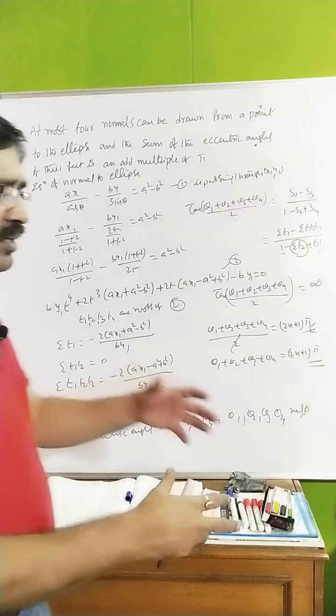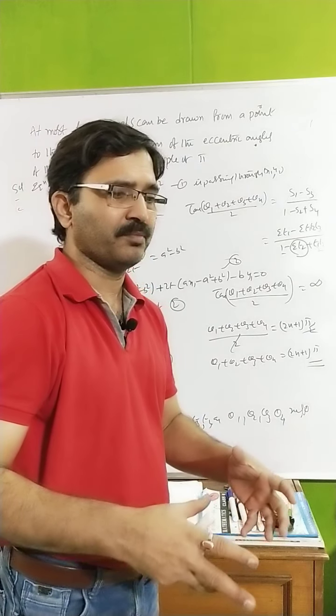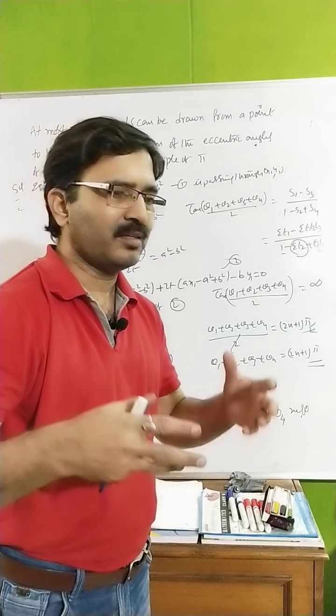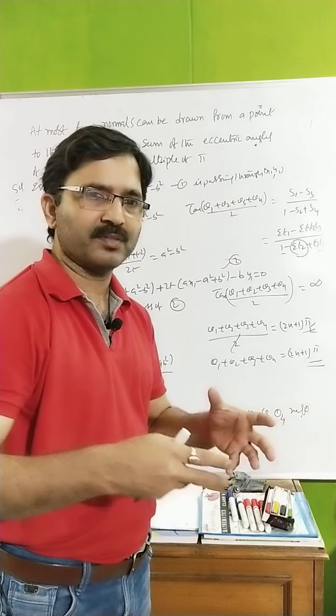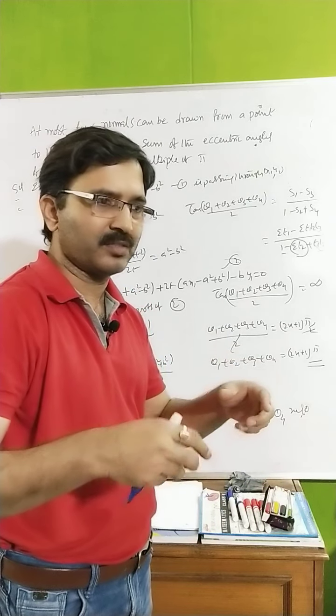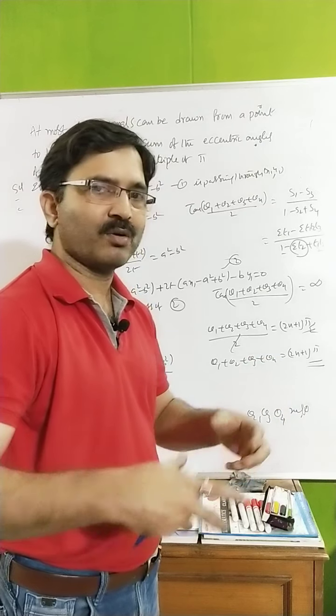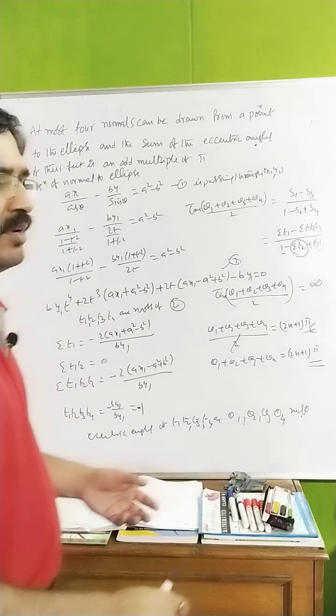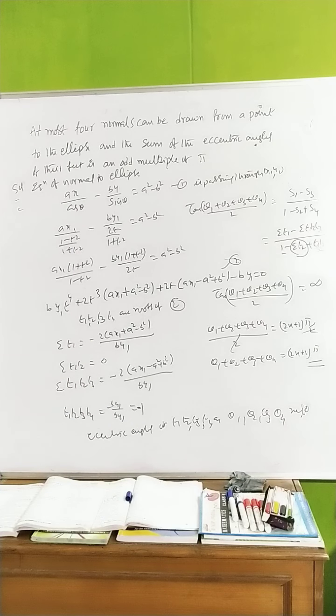Now you see here, they are going to use the co-normal points. In the case of an ellipse, the normals pass through some points which lie on the ellipse, and all those points are called co-normal points. Need not worry. So this is one of the important ones. The next one we will go for.